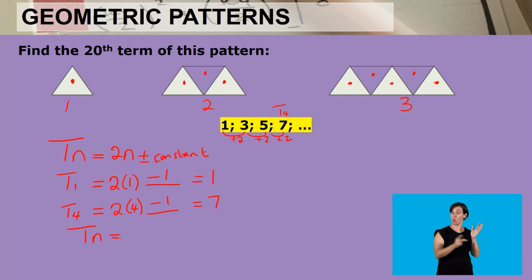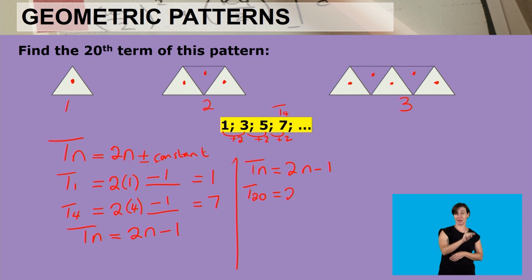So what is our rule here? Our rule is going to be 2 multiplied by the term number minus 1. Now that rule is the one that's going to help us with calculating our 20th term. Our 20th term here is going to be 2 multiplied by 20, and when we subtract 1, we are going to get an answer of, do you have it already? Yes, it is 39, because 2 multiplied by 20 is 40, and then when we subtract 1, we get an